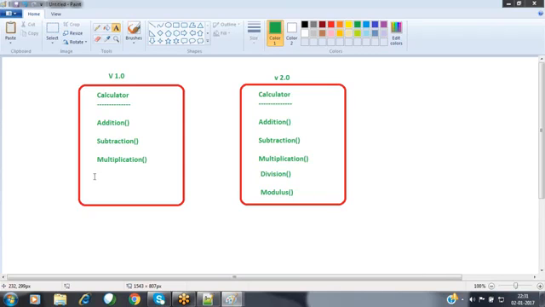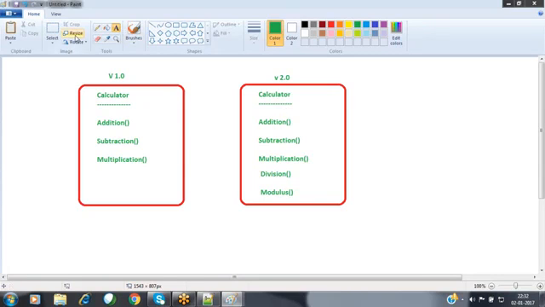So in this kind of scenario, what happened here? Instead of writing the same code again and again, instead of writing redundant code inside your application, which will cause some ambiguity, take more lines of code, take more time to compile, take more time to execute, and cause performance issues inside my application, to avoid that problem, I would like to reuse that version 1.0 code inside this version 2.0.